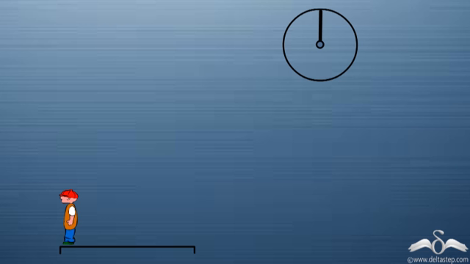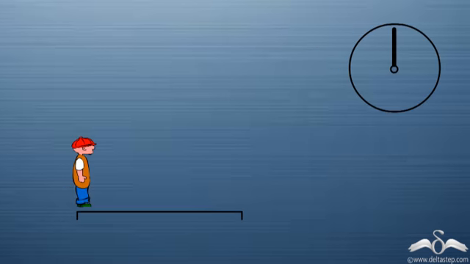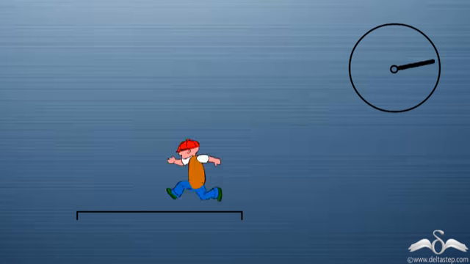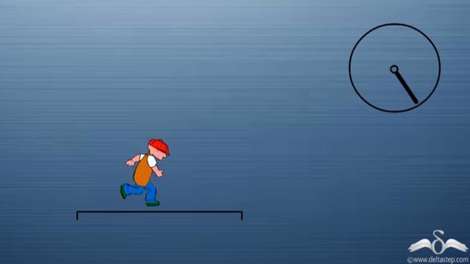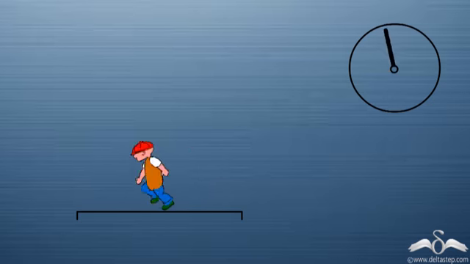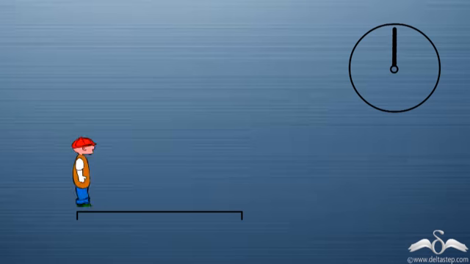Now, what happens if he is running at a speed double of this speed? Now let's count the number of times he hits the boundaries in the same time. That is in 1 minute only. 1, 2, 3, 4, 5, 6, 7, 8, 9, 10, 11, 12, 13, 14, 15, 16. So when he was running at a speed which was double the initial speed, he touched the boundaries double number